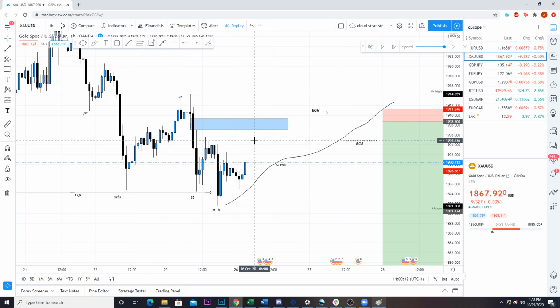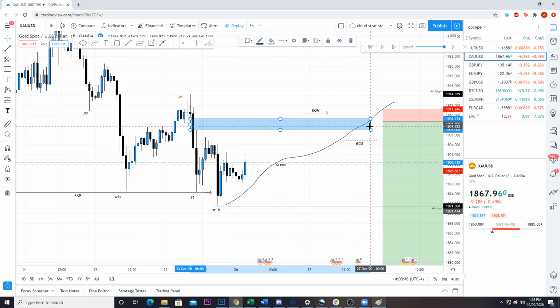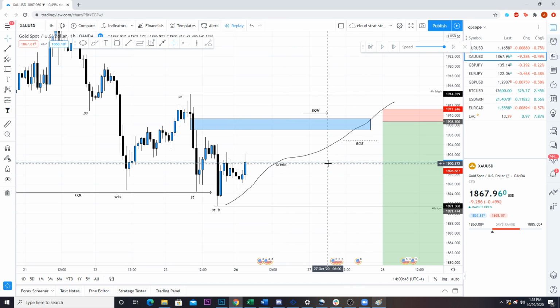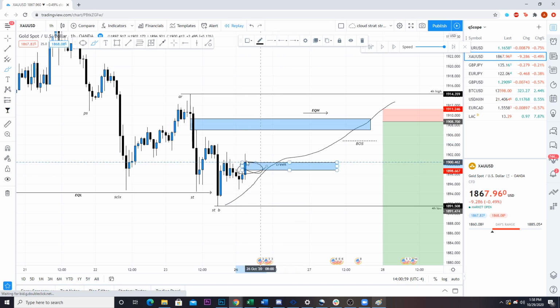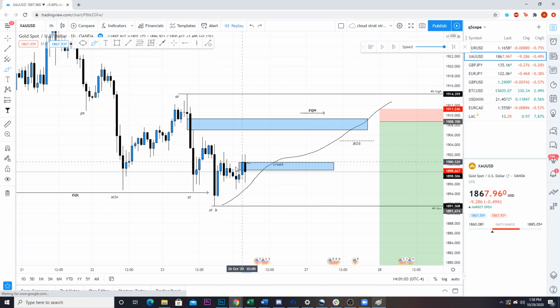Now, where's the only imbalance that you can now notice, right? So we still have this imbalance, which we are anticipating to be filled in the long term. But where's the short-term imbalance that has just formed? Well, it's right here between these two, right? So we can most likely expect that if price wants to make its way back up here, it can come and trade off these areas. And these are opportunities for times where you can get in, okay? So we fill that in,